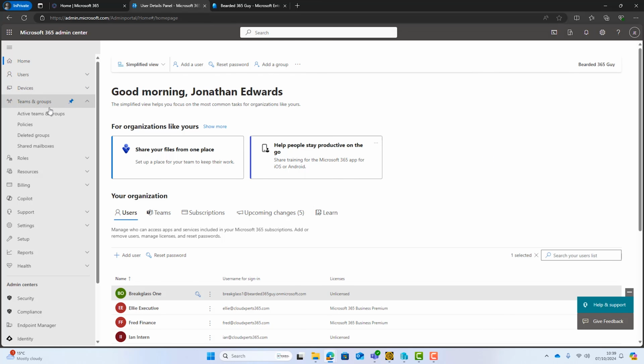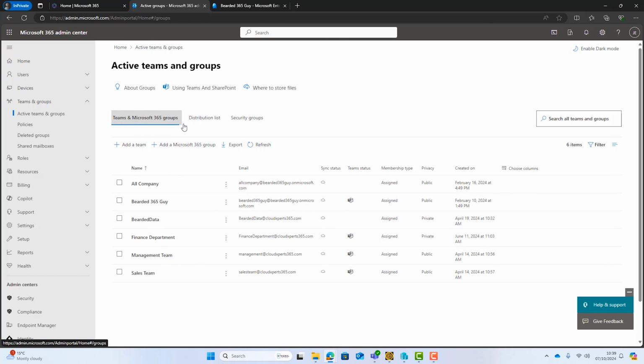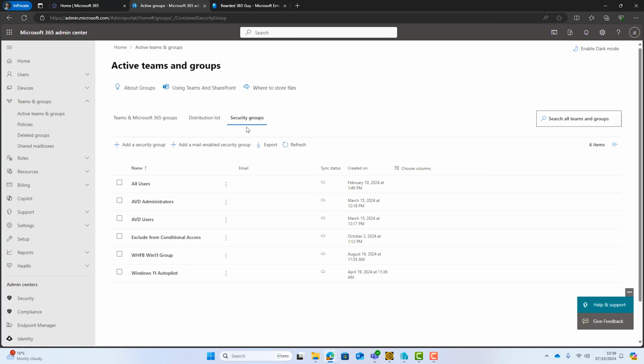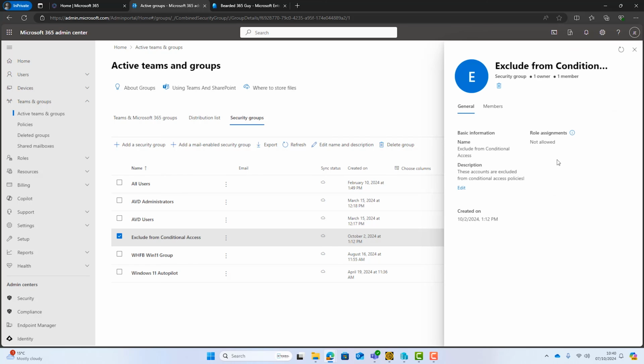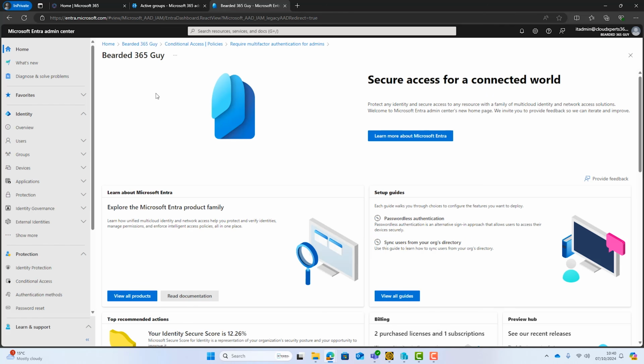So if I go over to Teams and Groups, active teams and groups, security groups, I've created a security group called Exclude from Conditional Access. If I go to the Members tab, you can see that this account is a member of the group called Exclude from Conditional Access. Now, if I head back over to the Entra Admin Center,